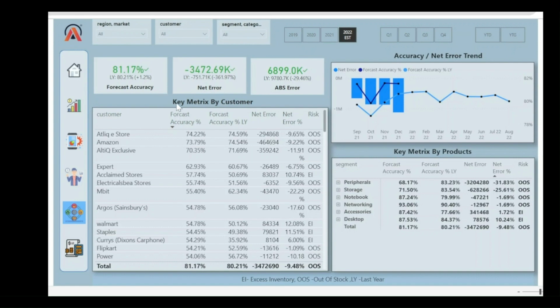Then we have a key performance matrix by customers, which provides us an idea for different customers based on forecast accuracy, net error, and the risk associated with them. There are 4 possible scenarios related to forecast accuracy and the risk associated with them, where supply chain should focus. First, high forecast accuracy and out of stock risk, which indicates a sudden or unexpected surge in the customer's demand. Second, high forecast accuracy and excess inventory,